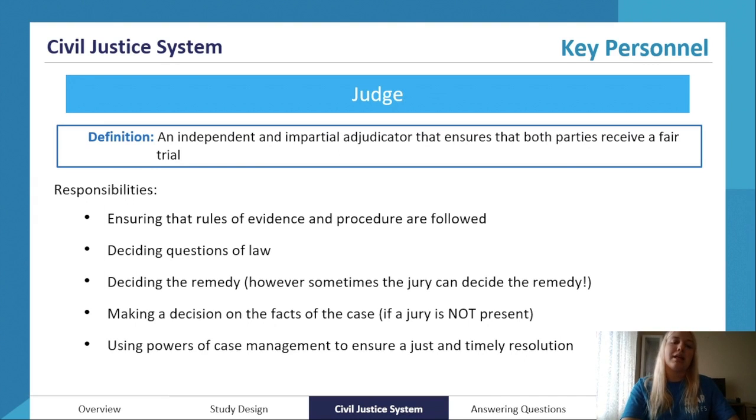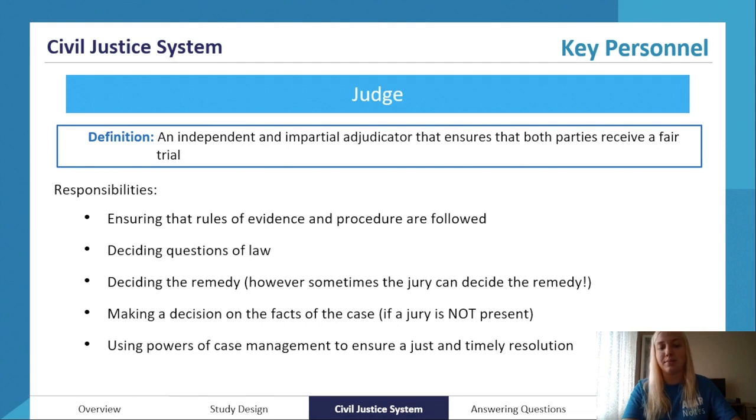The judge will also make a decision on the facts of the case if a jury is not present. So if a jury is appointed, they will always decide if the defendant is liable, but they will only sometimes be able to decide the remedies. Yeah, it's a little bit confusing. But usually we know we don't have a jury in civil trials, so usually it will be the judge doing